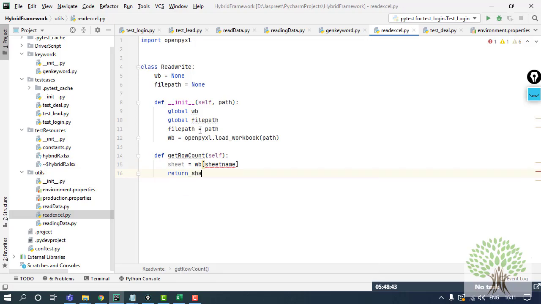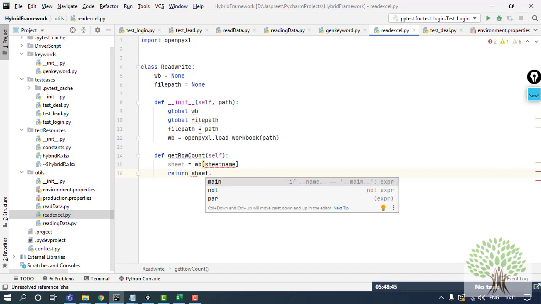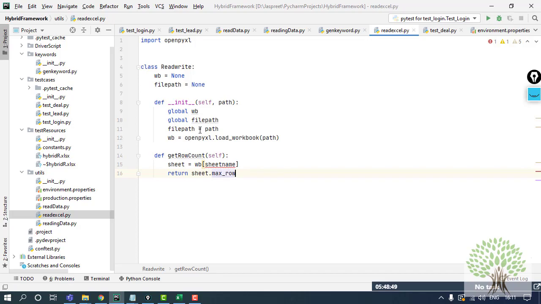So I'll say sheet.max_row. I have to return this from my function, and that's done.